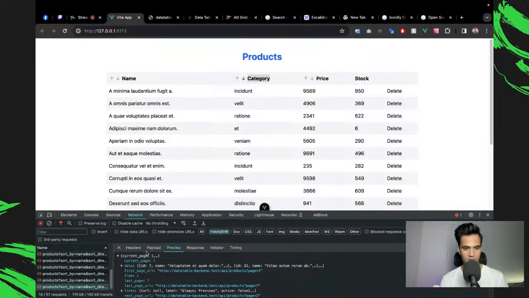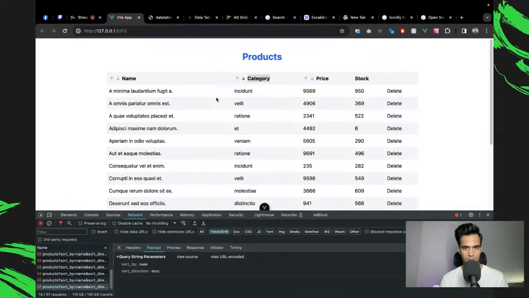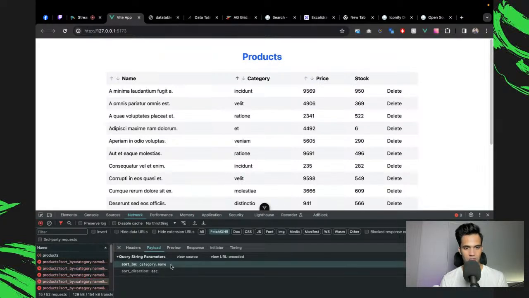If you look at it in the payload, if I do the category now, category.name, as you can see. So category.name has to be exploded, and the backend should also sanitize the data to make sure that all this data is actually valid, and all those logic. But that's a backend logic, not a front end, which I will definitely do.